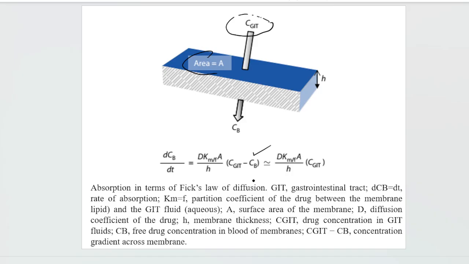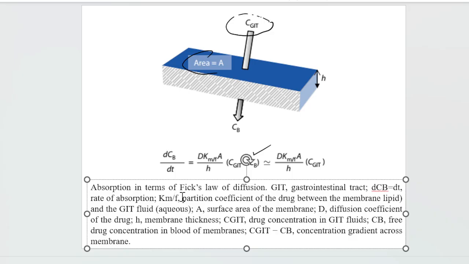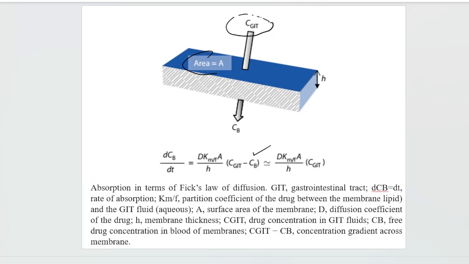So that's why Km over F is equal to the partition coefficient. This is the partition coefficient between the membrane and the fluid, in this case the aqueous fluid. Then there is the surface area, where greater is the surface area, and h is the thickness. All these things represent that the rate of change of drug concentration inside the blood is directly proportional to